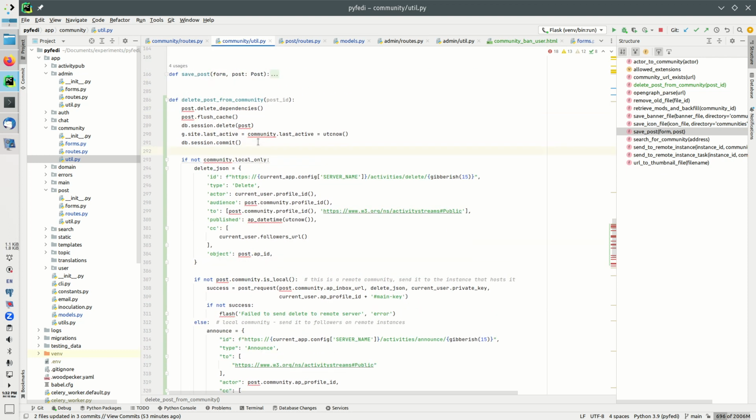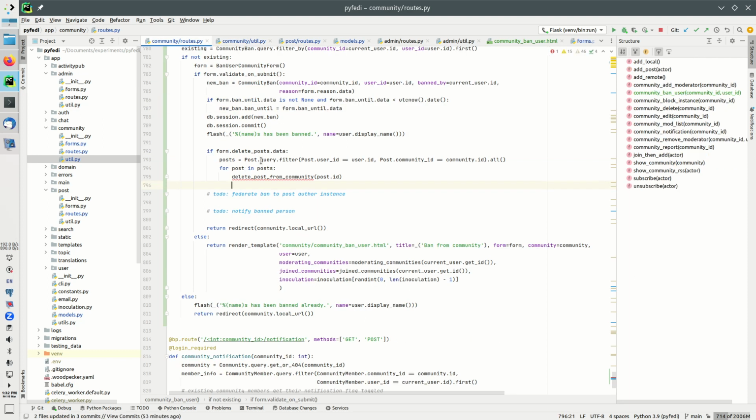Possibly a community object as well. Don't really want to have to hit the database to get that because we've just done that anyway. So I'm actually just going to pass through